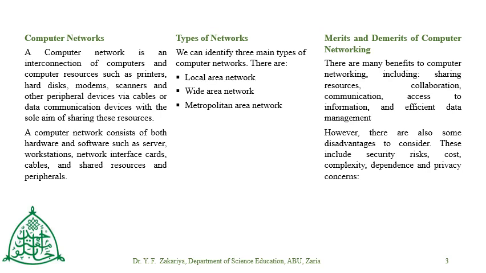So putting this together, we talk about the telecommunication so far, the mode of transmitting and the mode of receiving information. Then we talk about computer networking, which has to do with putting computers together for the purpose of sharing information efficiently. And we can identify the local area network, the wide area network, and the metropolitan area network as the types of computer networks. And there are also some advantages and disadvantages accruing to